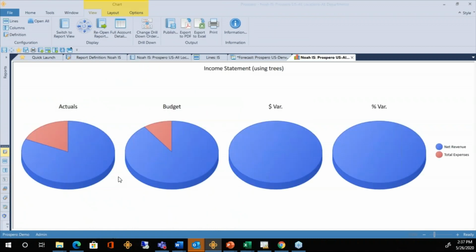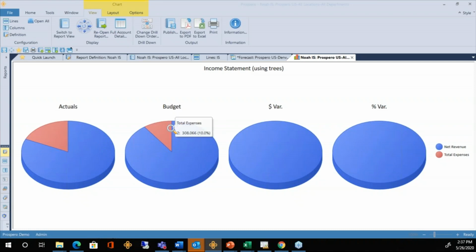There are different options for chart formatting, but I had this one set up for pie charts. If you hover your cursor over any of these sections, it pops up and shows you the title for that section and the dollar amount and the percentage of the total. You can check any of those here for all the balances in the different charts.